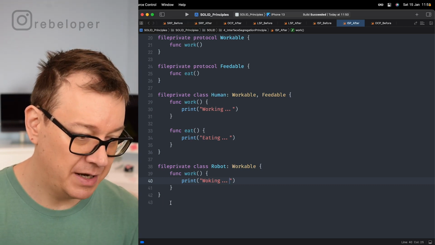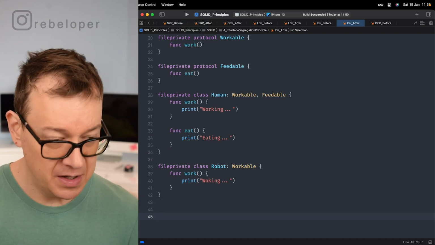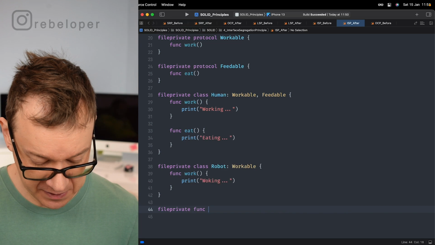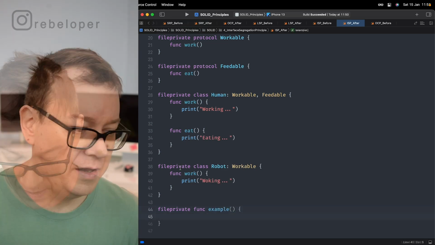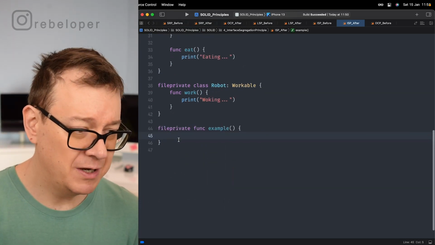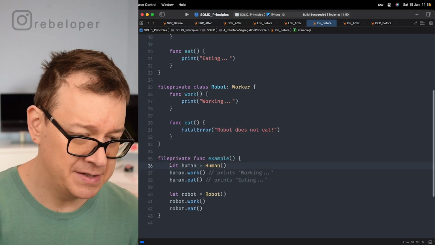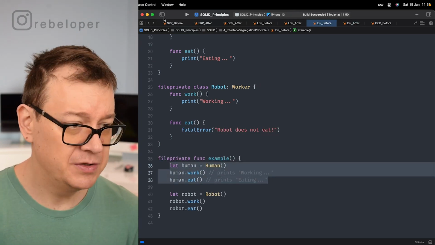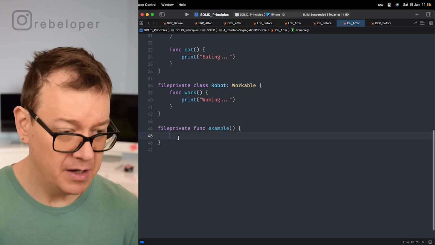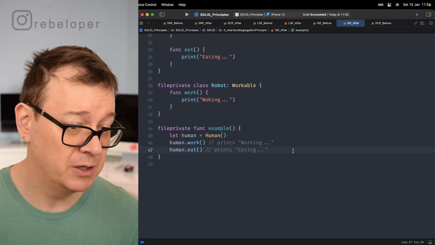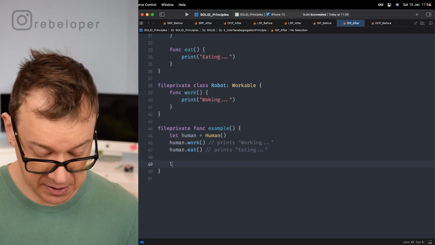So let's just go and create our example. Let's see, file private, func example. And let's create our human. Well, actually, I'm just going to copy the human from the other file because it's the same thing. Let me just move back. And yeah, it's just going to do the same thing, exactly what we wanted. Now let's create our robot,